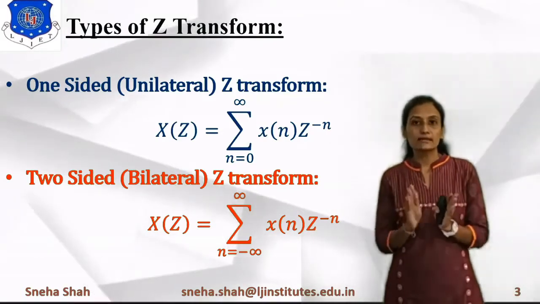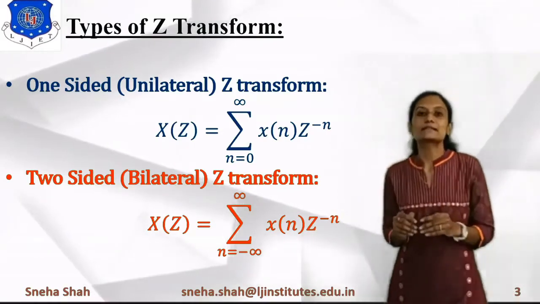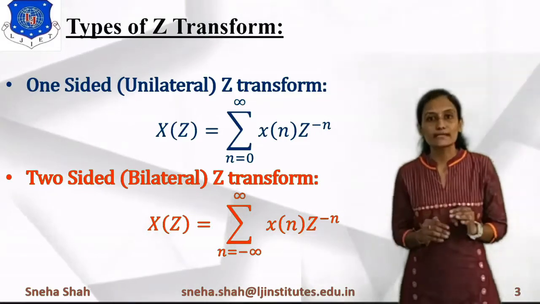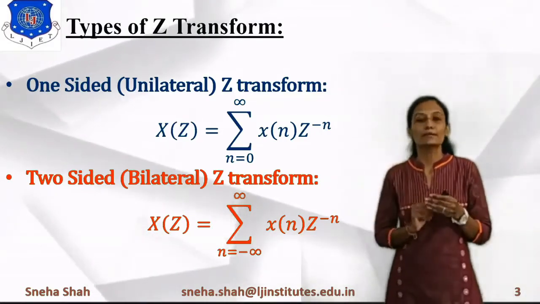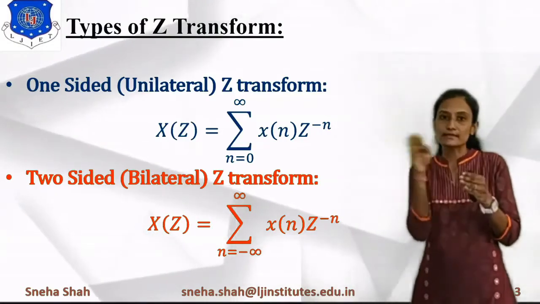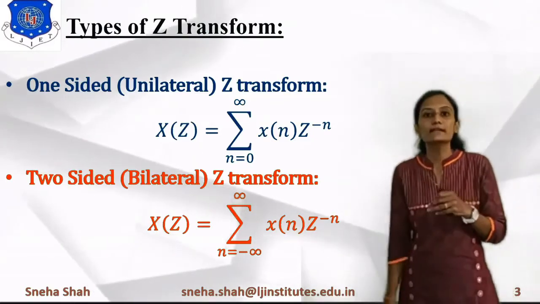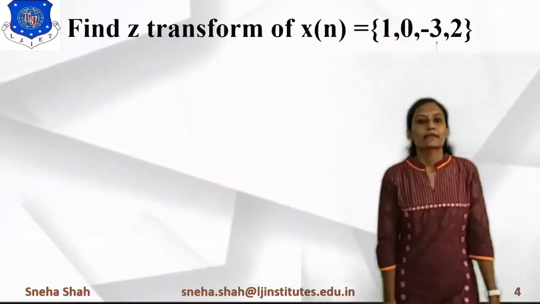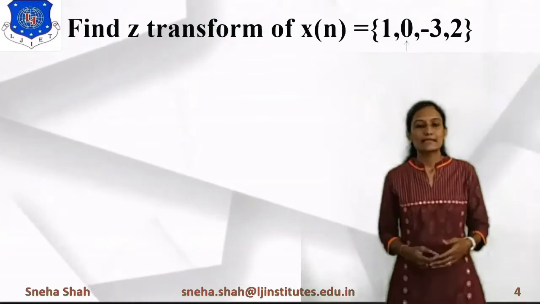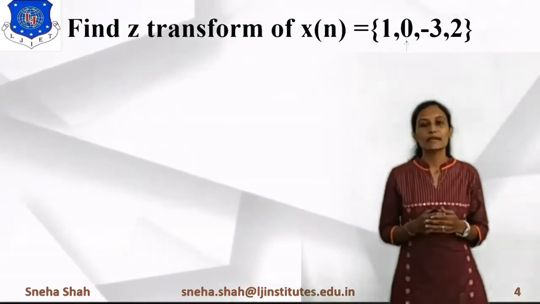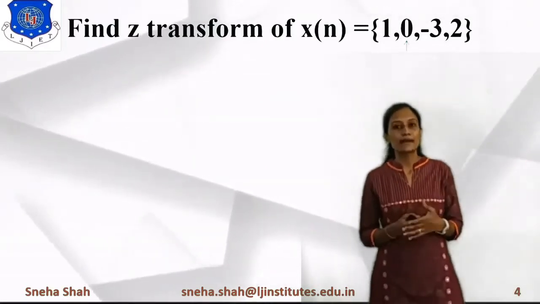If we are taking the range from 0 to infinite, then it will be considered unilateral or one-sided, and if we are taking the range from minus infinite to infinite, then it will be considered bilateral or two-sided Z transform. Now if we are defining some examples based on this Z transform, then the first example is: find Z